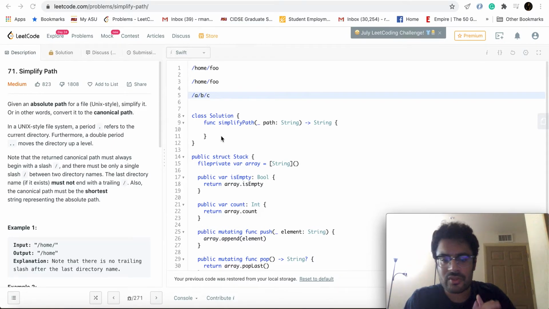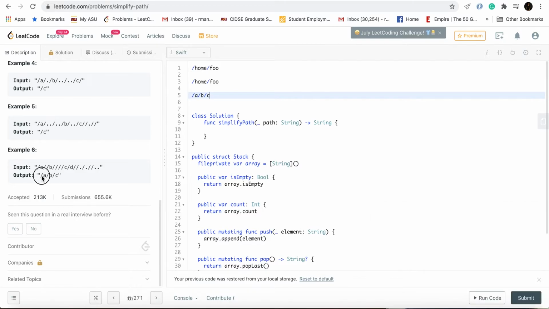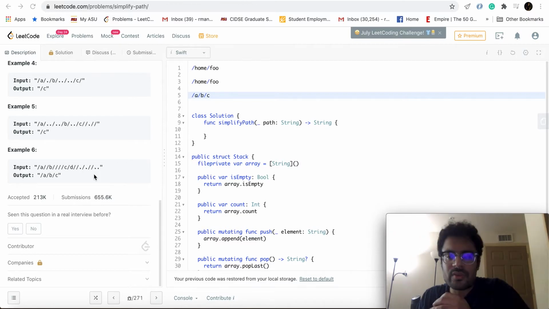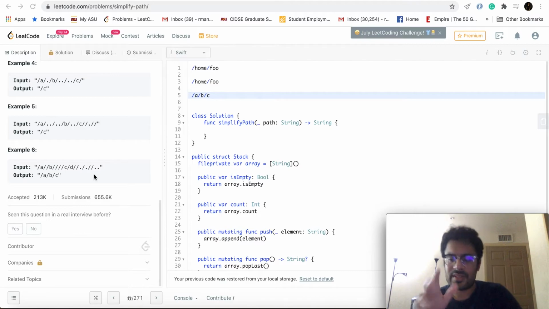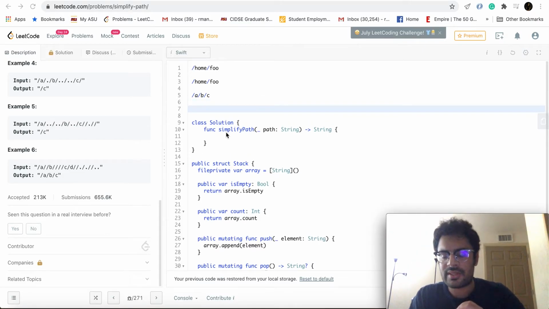That's about it. This is how we'll go about solving the question. I hope that's the expected output. Yeah, that is the expected output. Cool. Now I'll explain how we introduce the stack into the solution. This is a classic stack problem, and you'll find many similar file path problems which are solved by stacks. I'll just explain how the stack comes into the picture.